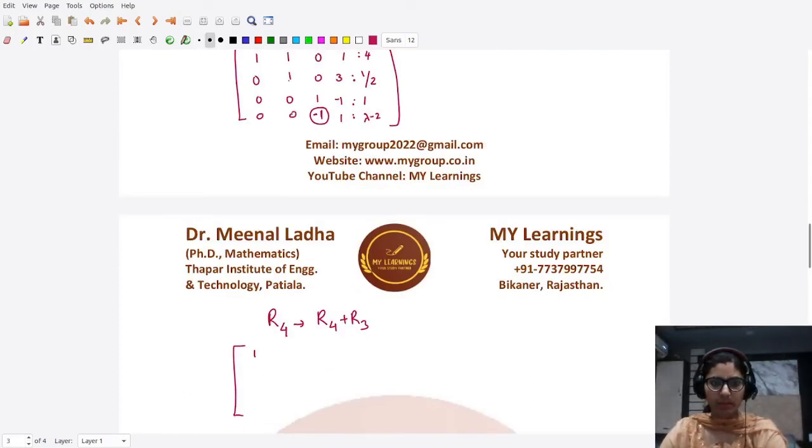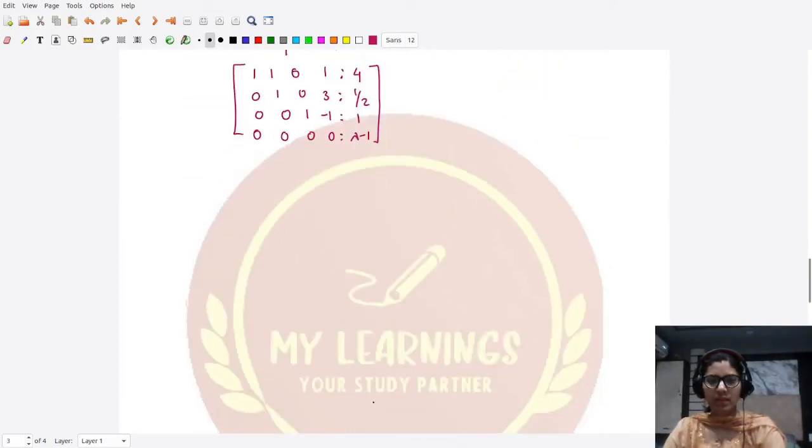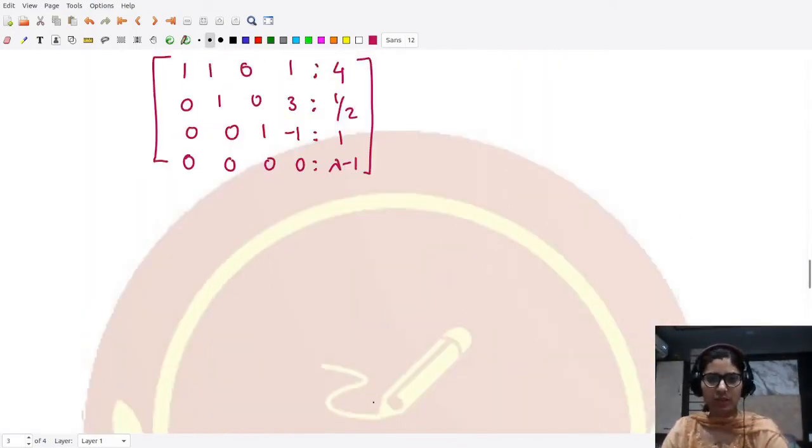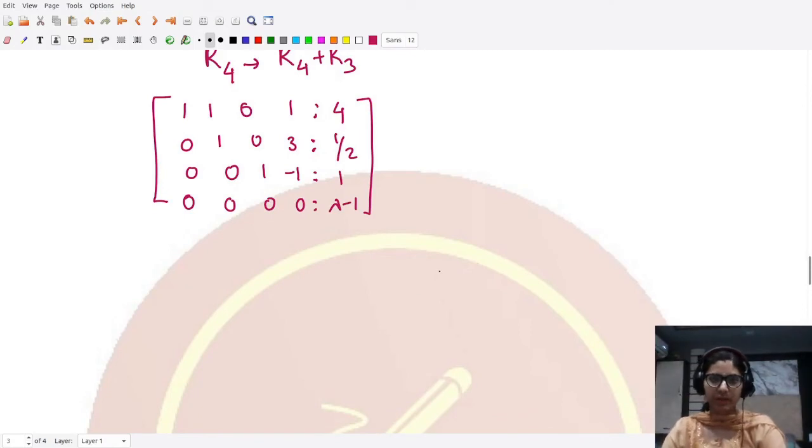So let's copy them down. 1 1 0 1 with 4, right? 0 1 0 3 with 1 by 2, then 0 0 1 minus 1 with 1, and for the last element we have to add row 3 and row 4. So it is 0 only, 0 only, it is 0, it is 0, and when you add them this is lambda minus 1, right? So here if you see we have, after calculation, our augmented matrix in